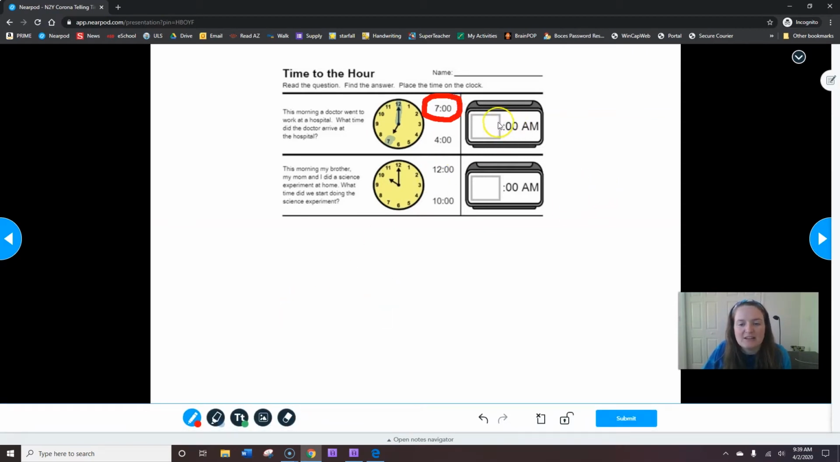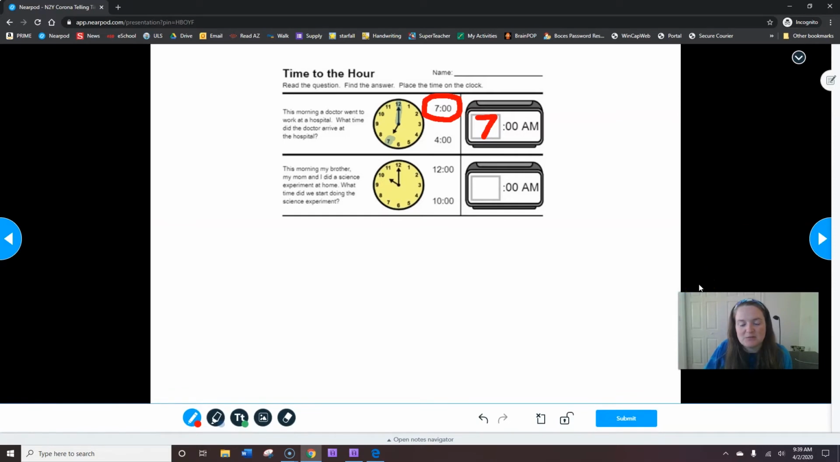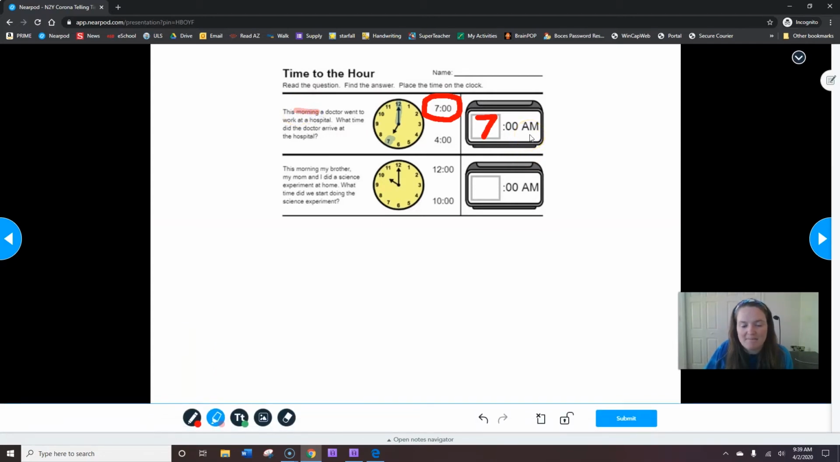Now we're going to write it on the digital clock. We already have the 0, 0. What's missing is a 7. So I'm putting the 7 in here, and I need you to do it too. Now, because it says morning over here, that's why it says AM. Okay, so we have the first one, the doctor arrived at 7 o'clock. Now,